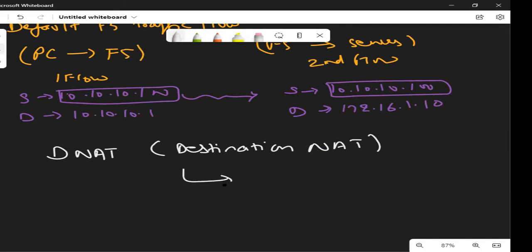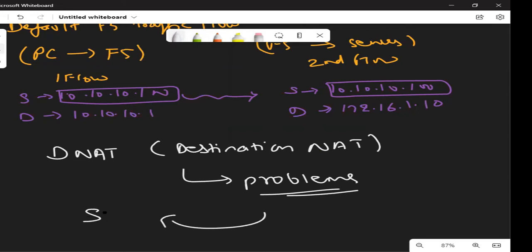Of course, there are some problems. Later on, we will learn about the problems in this design. Somewhere this design is also required, but there are problems as well. And then we will use something known as SNAT. It's not source net, it's secure net. We will talk about SNAT also, but later on. I was just giving you an overview of how your F5 flow works.